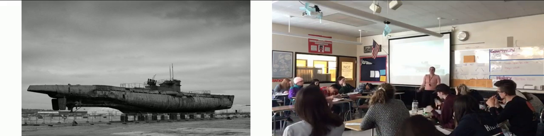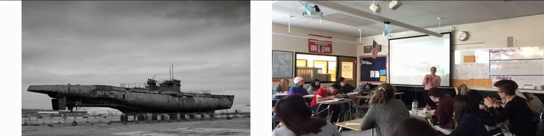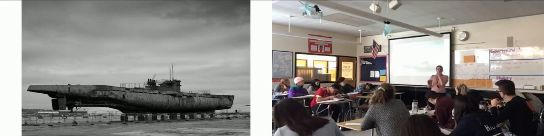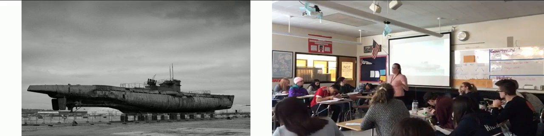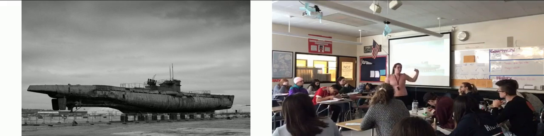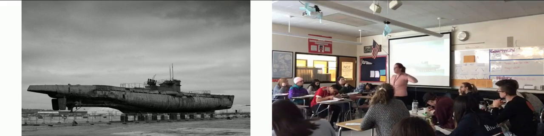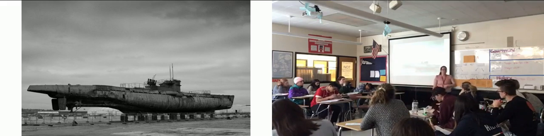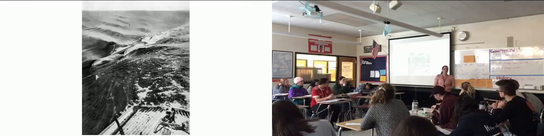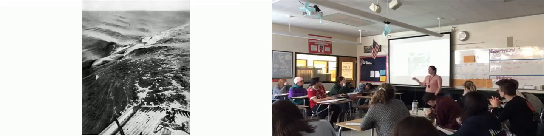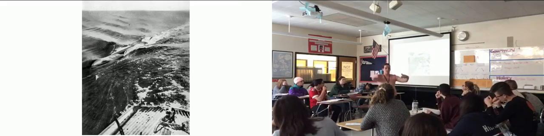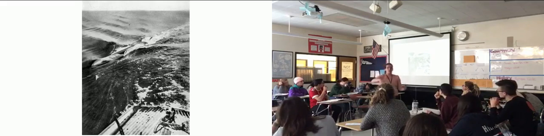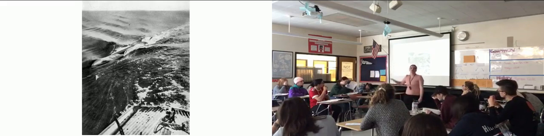Now, it's basically a submarine, but it's a giant submarine. The thing about these that was different is that U-boats basically were unrestricted warfare. They pretty much went wherever they wanted. They could get through basically undetected because we didn't have radar systems until World War II. These guys would just patrol, and they were vicious. They would go in what's called a wolf pack, where they would all go in the U-boats, surround a U.S. ship, and bomb it, and it would explode. So these U-boats were very dangerous.